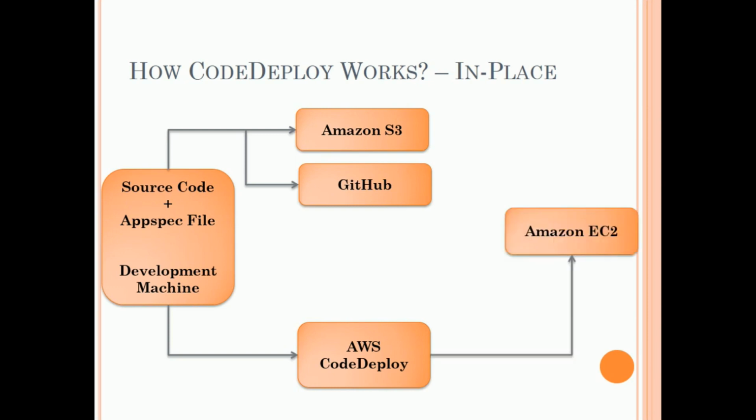Next, the AWS CodeDeploy agent on each instance asks AWS CodeDeploy to determine what and when to pull from the specified Amazon S3 bucket or GitHub repository. And finally, the AWS CodeDeploy agent on each instance pulls the target revision from the specified Amazon S3 bucket or GitHub repository, and using the instructions in the AppSpec file deploys the content to the instance. So this is how in-place deployment works. Now let's see what is going to be changed in blue-green deployment.